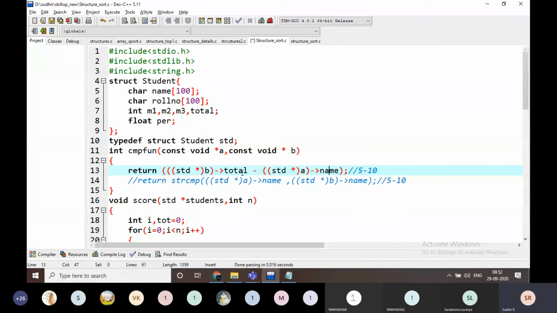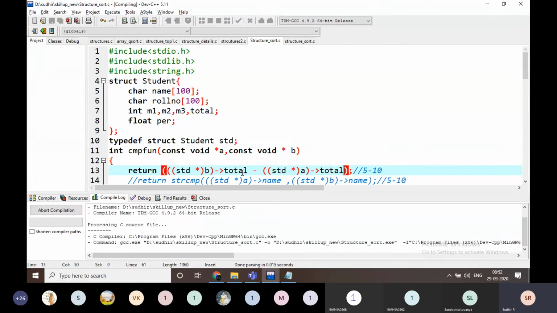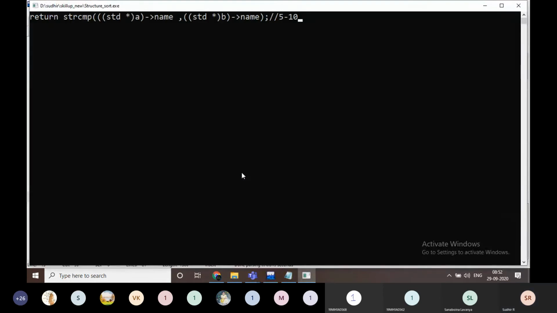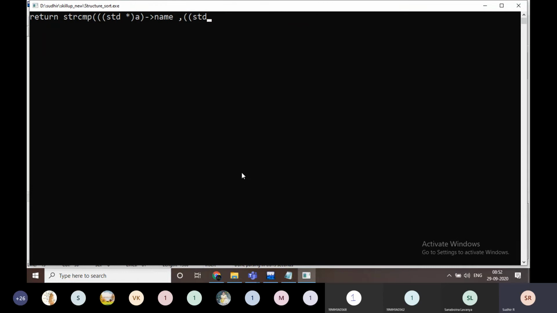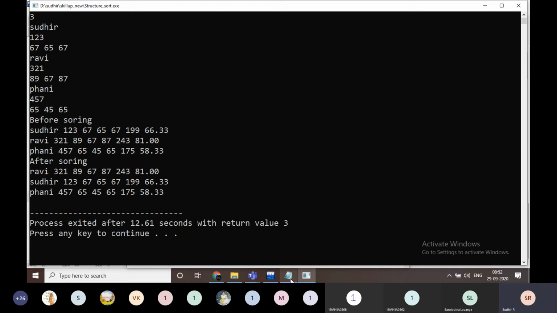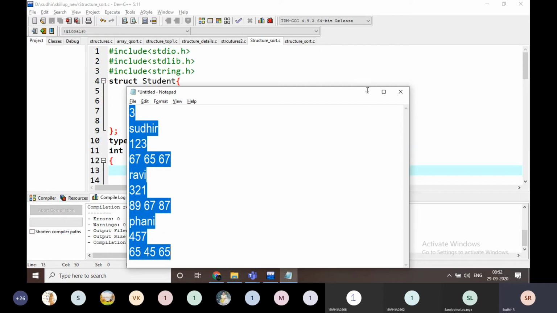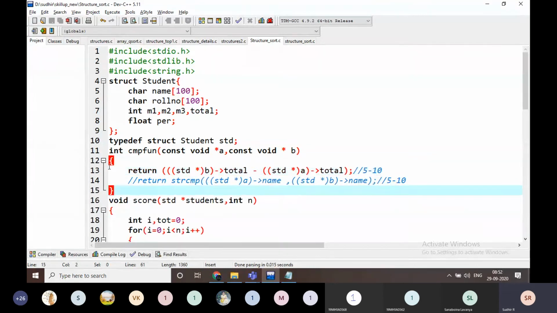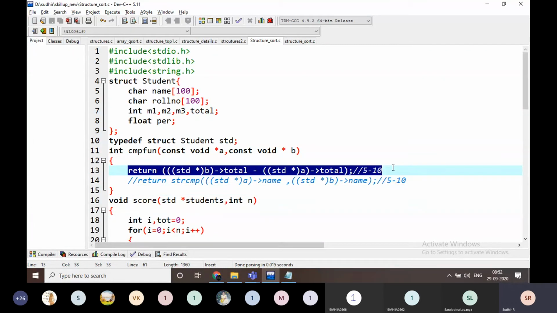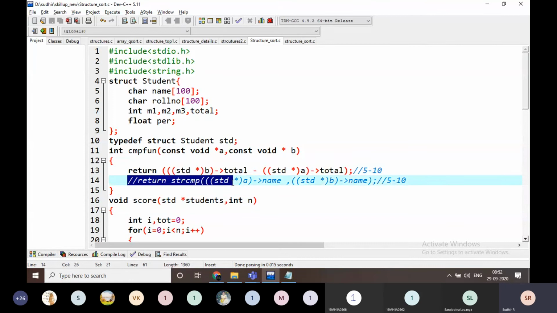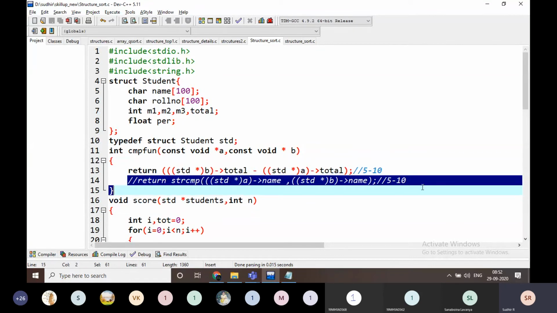Here also it is going to be sum total. It is going to give a sorted order based on the total. Like this, these two methods are going to work. This is for integers or floating or anything. This is for the strings. That's it, nothing else.